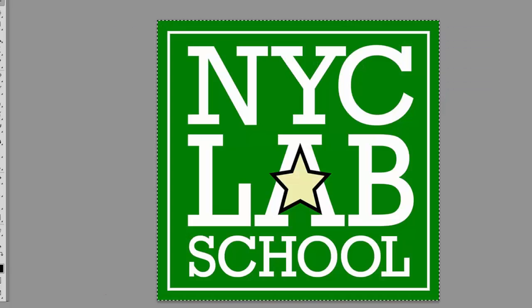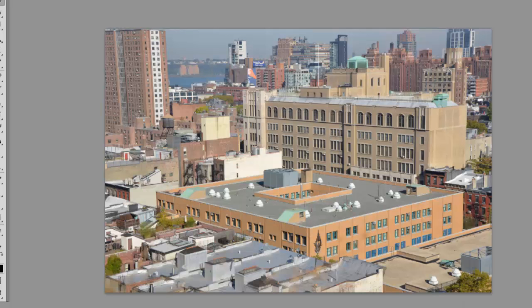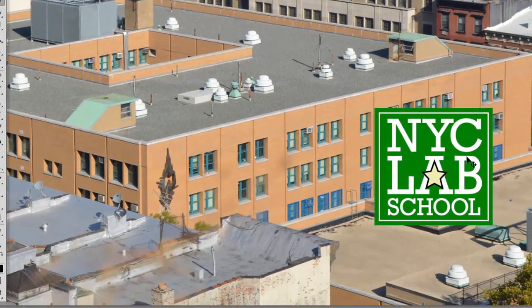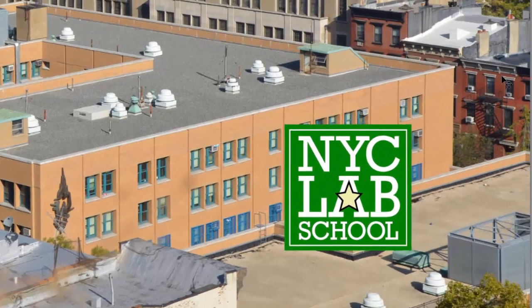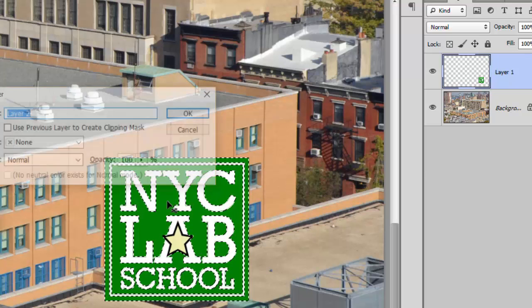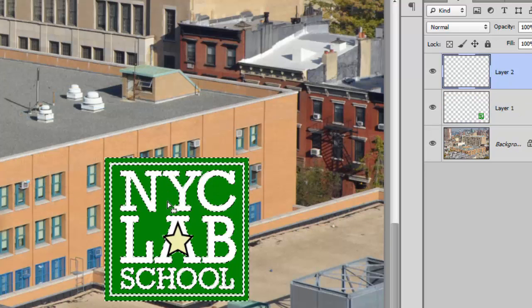and so you can either use the move tool and click and drag it in, or Command C, Command V to paste it in. And so I'm going to scroll in a little bit, and what I know now, and this is crucial, we're going to use the magic wand to select the green. So I'm going to make sure I'm on the right layer, and I'm clicking. And now what I'm going to do is press Command Shift N, press Enter, and we're on